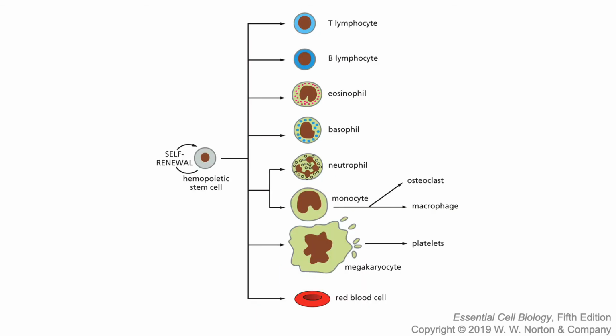So here we have what we call self-renewal of a hematopoietic stem cell. The hematopoietic stem cells are among the class of tissue-specific stem cells. So you have stem cells in the blood, you have stem cells in the gut, you have stem cells in the skin, stem cells in the liver, stem cells in just about every organ, bone stem cells that can continue to divide and give rise to mature bone. But they're tissue-specific. So here, if we look at the hematopoietic stem cell, what it's showing is that in the bone marrow, these occur in the bone marrow,